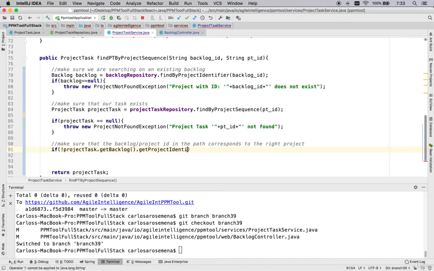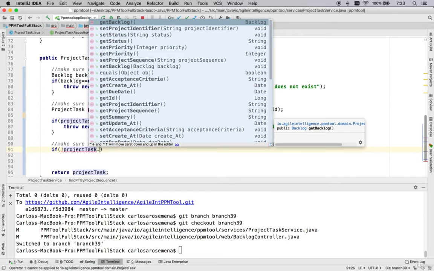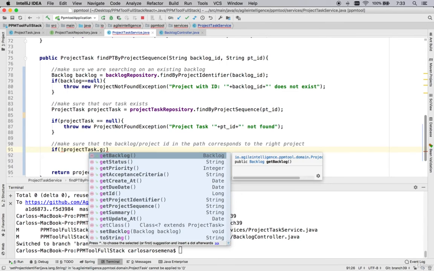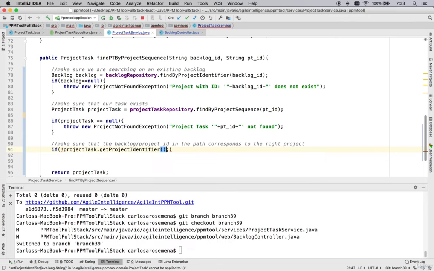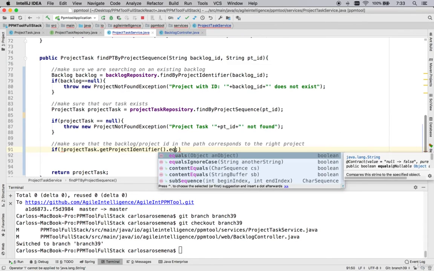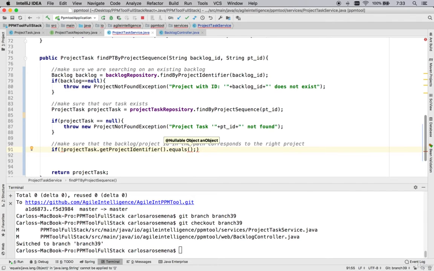I think some of you know what I'm trying to say here. So basically, if the project task, the project identifier, get project identifier, dot equals the backlog ID that we're passing, and basically here what we're saying is that,